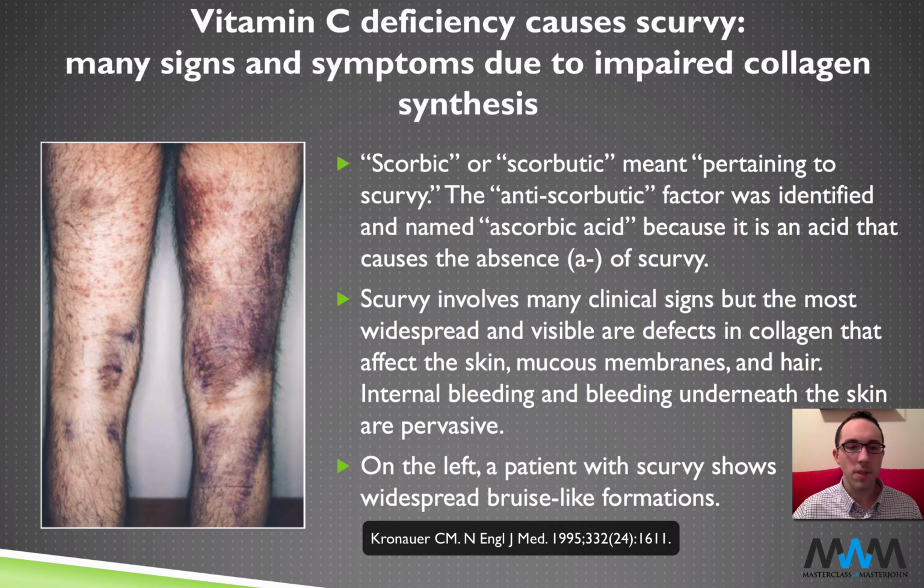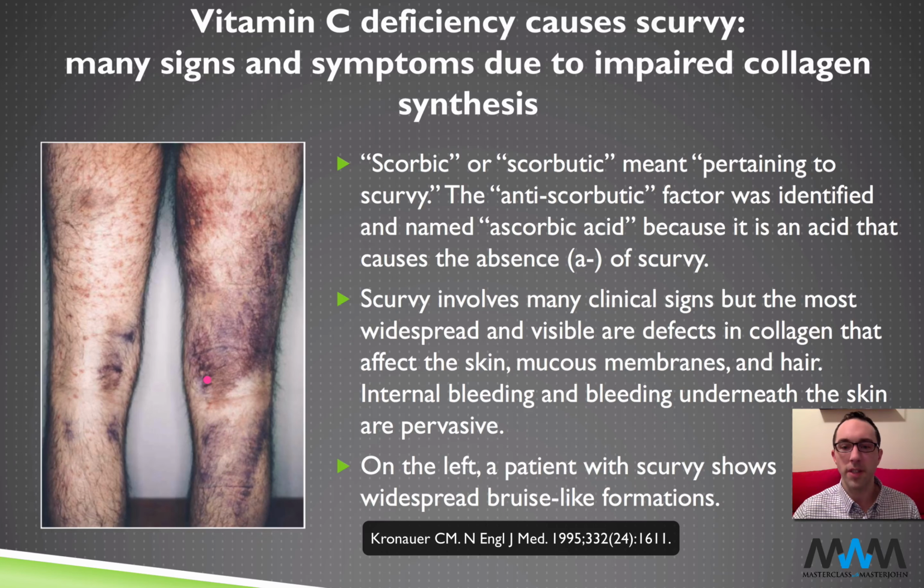On the left on the screen, you can see bruise-like patterns developing. These aren't technically bruises, and they don't require trauma to the skin to develop. So basically, something that looks like a bruise but isn't logically explainable by any kind of physical trauma, like bumping into something, but just seems to develop on its own, that could be a potential cause of scurvy, or a